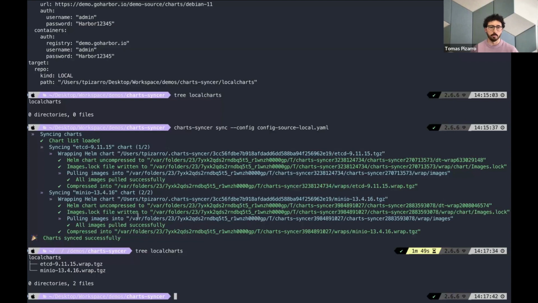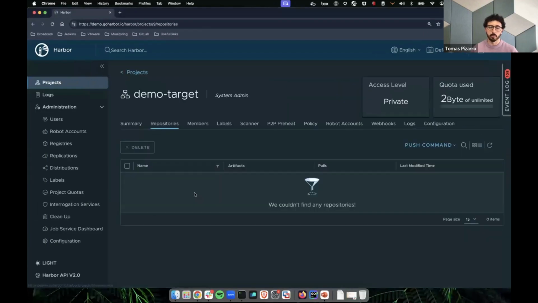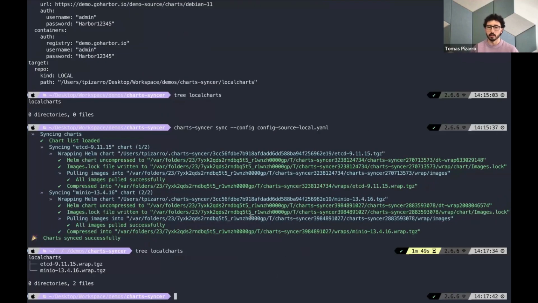So we don't have anything yet in the demo target. Right now, we need to run the second step of the air-gap environment process, which is that we will need to copy these tarballs to the air-gap environment. Since I'm mocking this air-gap environment, I'm going to assume that I have already copied these tarballs, and this is the target path in the air-gap